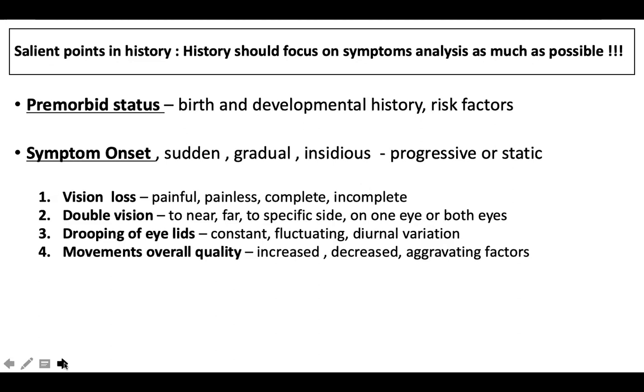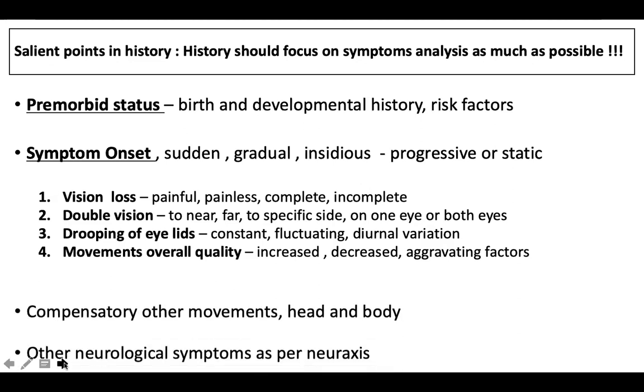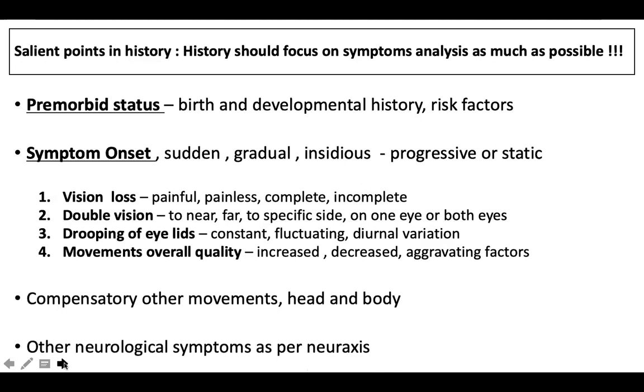And what is the overall quality of movements? Do you find any intrusive movements? And what happens next to the neurological system after understanding the eye system, you should know what happens to the neurological system. For example, a child having unusual eye movements or rapid eye movements, if also has unusual rapid movements in the limbs and the body, you think about a cerebellar illness like opsoclonus or some other movement disorder. Right. So also always think about what are the associated neurological illnesses.